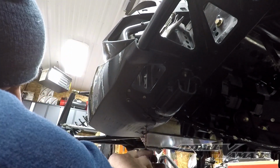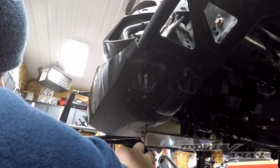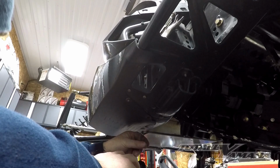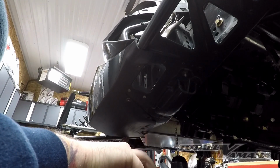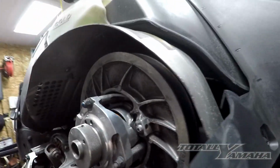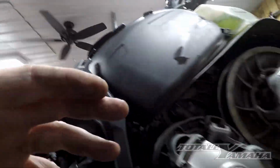And here we've got another one under there. Get them off there, and proceed to take all of these off. And then there'll be two screws. There'll be a screw right here and a screw right here, and basically the panel will just drop down and